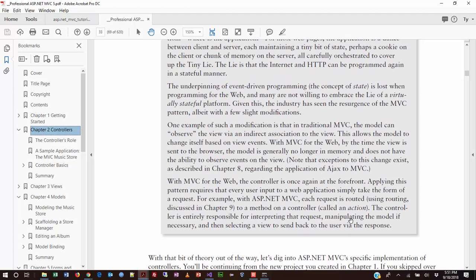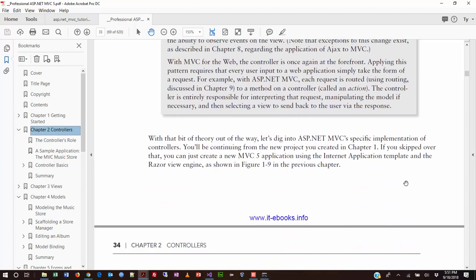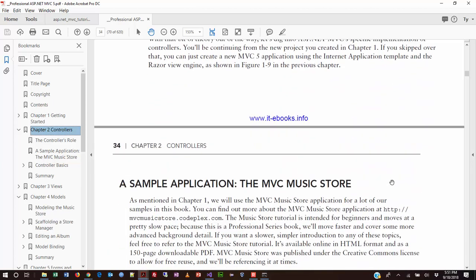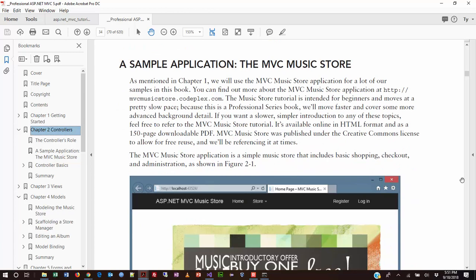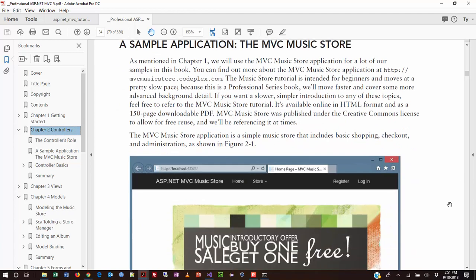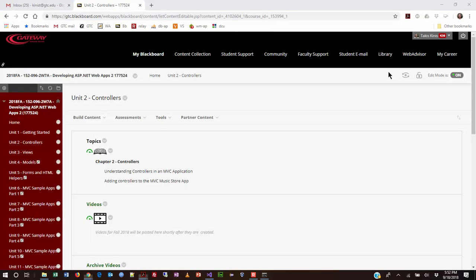I think it's really nicely written, but I'm not really going to spend a lot of time there. What we are going to do is take a look at this sample application. One thing I do want to point out is that there's a link right here, and I think we talked about this a little bit last time as well. But if you want, go ahead and click that link and open it up, and it will take you